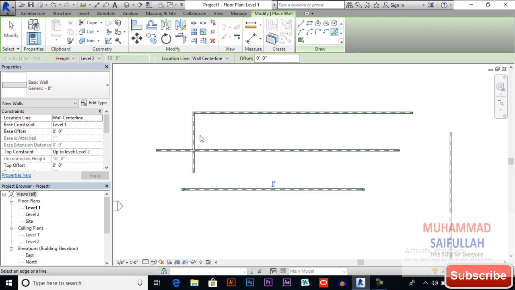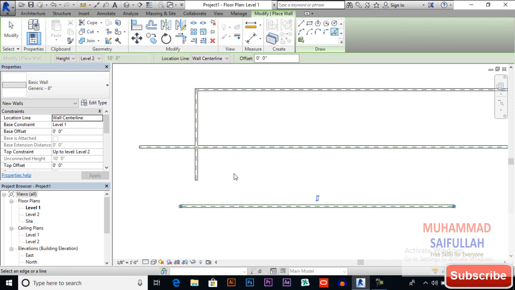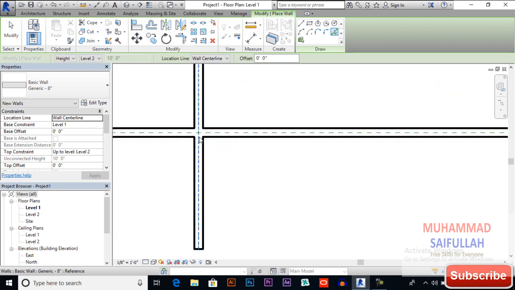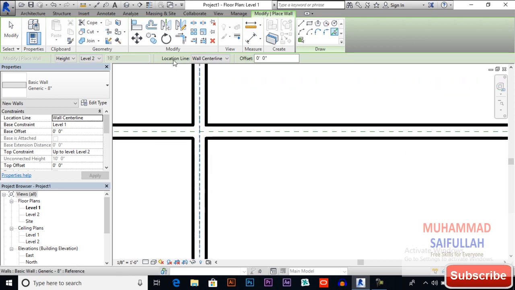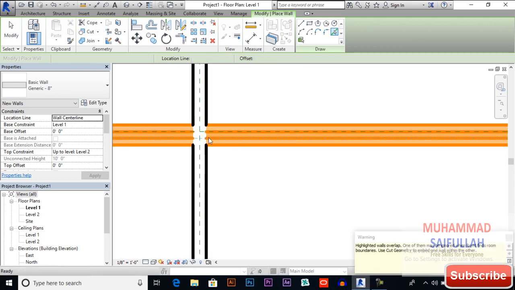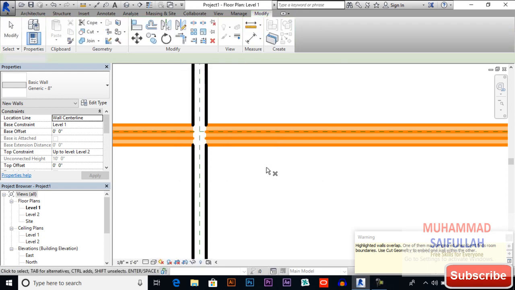You can see it's very easy to select lines, and it will automatically draw walls on the line. Because the location line is center line, our wall will be on the center of that line. I will delete, sorry,